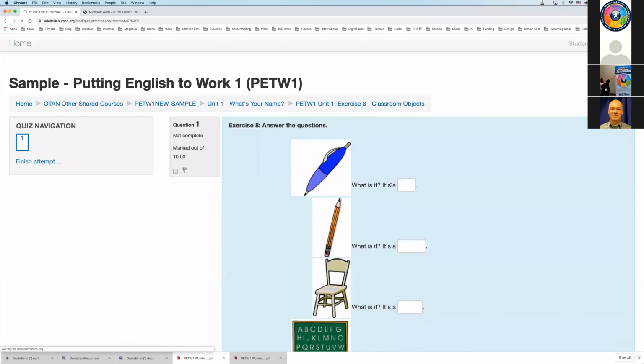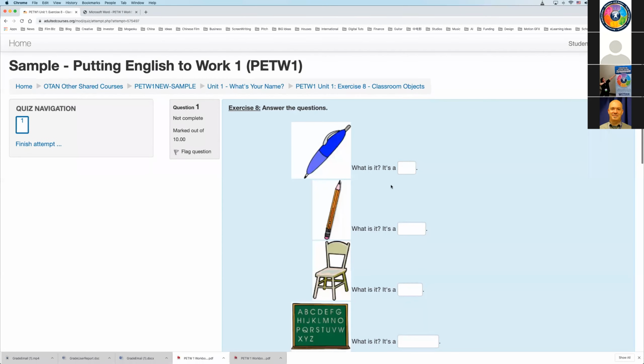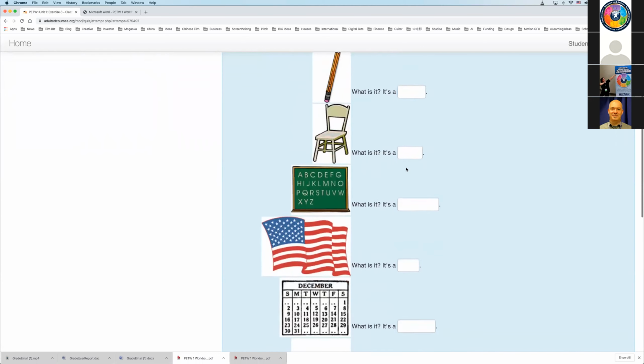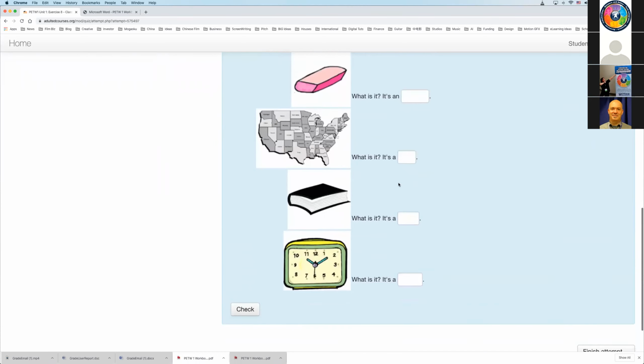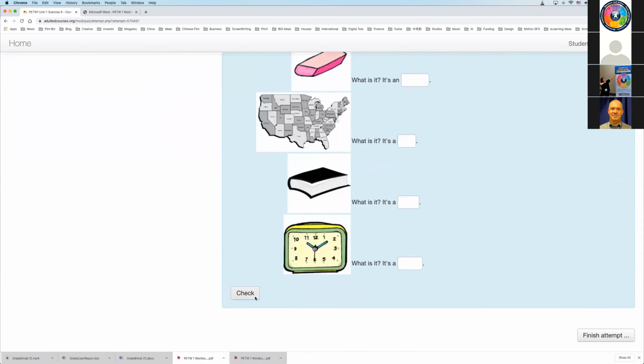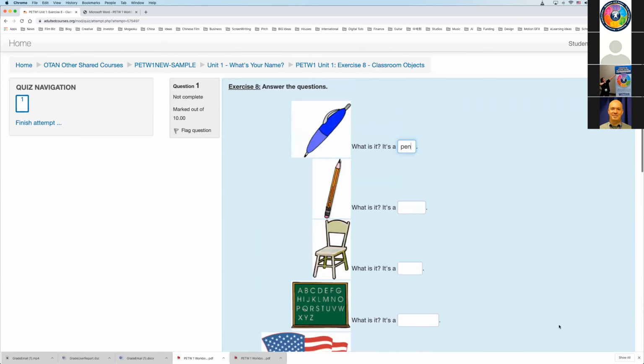Attempt quiz now. So this is the first attempt to actually type a vocabulary word, okay? Again, the same things apply. As you can see, this is a rather large exercise. Therefore, there's a check button here so that the student can review her work before she submits it for a final grade, okay?